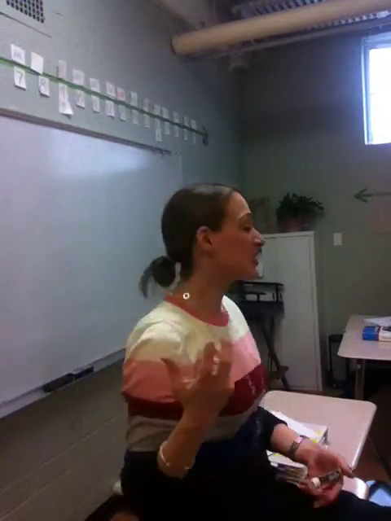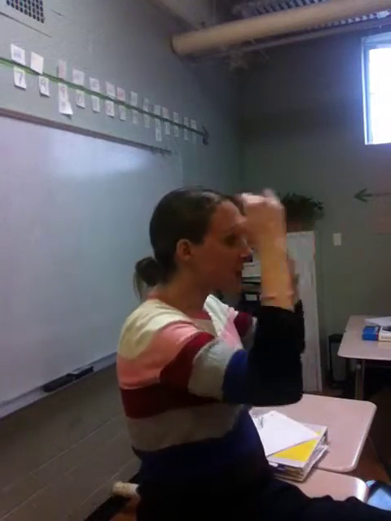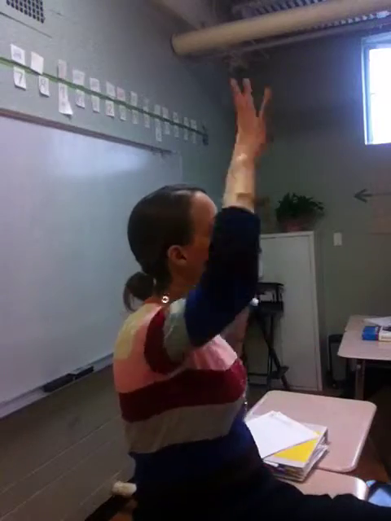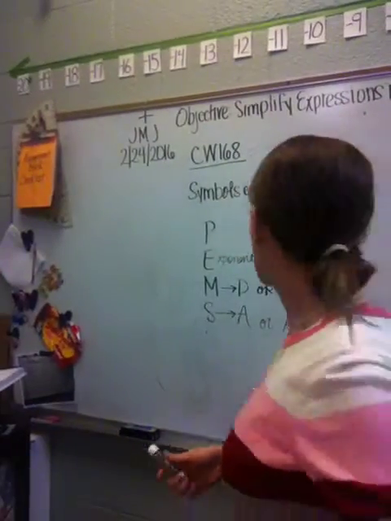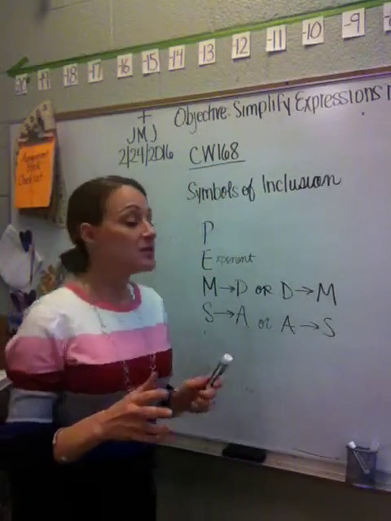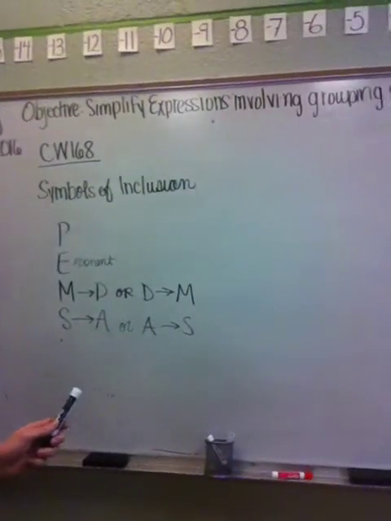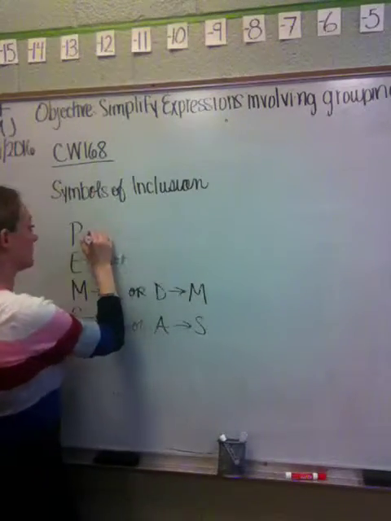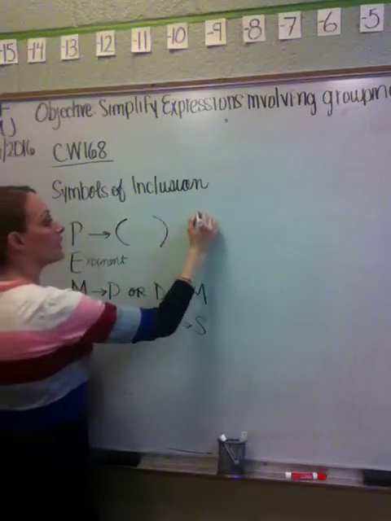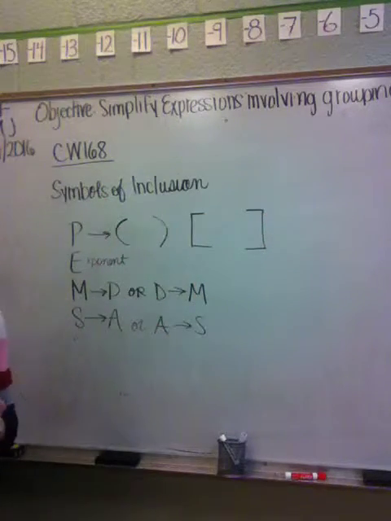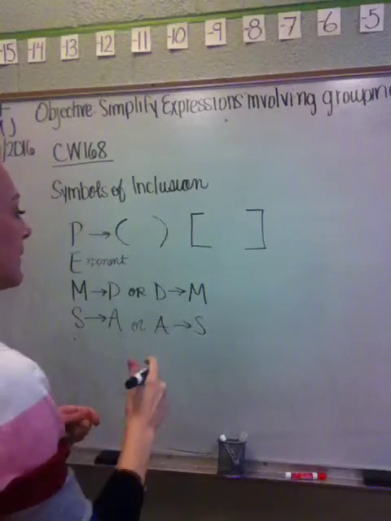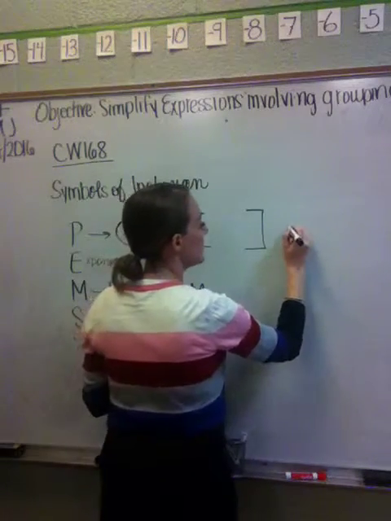The same thing for order of operations. It's a set way that you have to solve a problem, so everybody solves it all over the world the same way. Make sense? So, what we're going to touch on today are these symbols of inclusion. So, parentheses are symbols of inclusion. You're also going to see brackets. And the one that you guys haven't really worked a lot with, but we're going to work a lot with today, is,